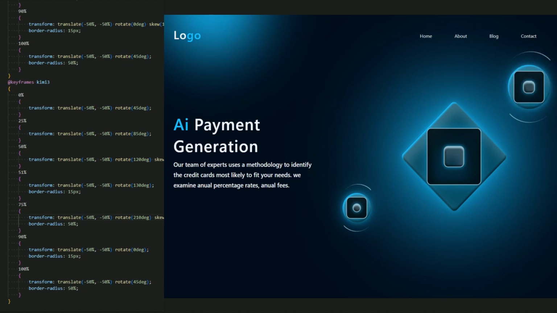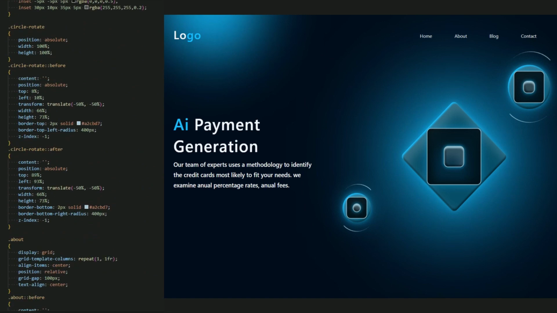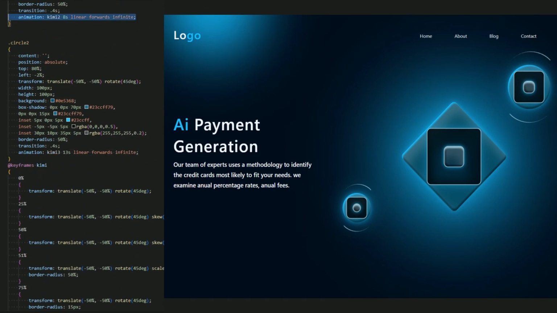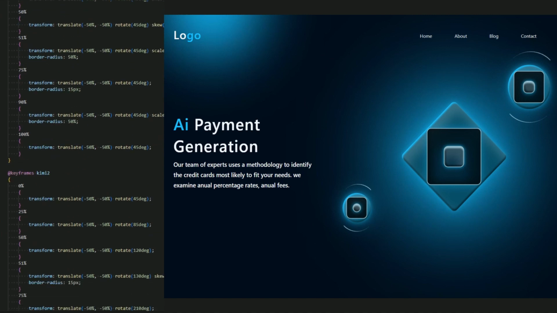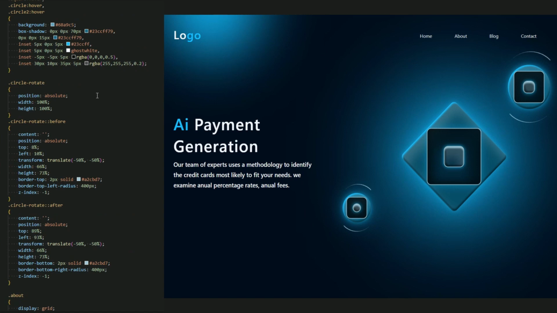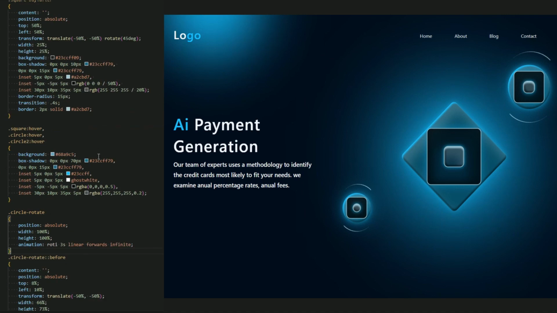Okay, now let me just create a rotate for these two arrows, as you can see in a circle. So let's go back for the circle rotate. Let me just copy this and paste it. Okay, circle rotate, here we go. Let me add a rotate, and the time be 3 seconds. So let me just create here keyframes, and the rotate